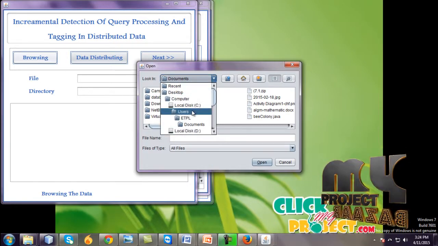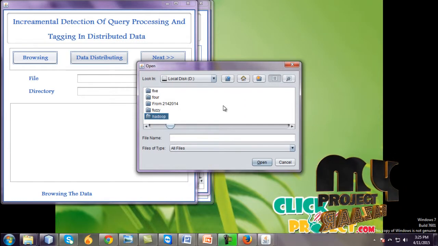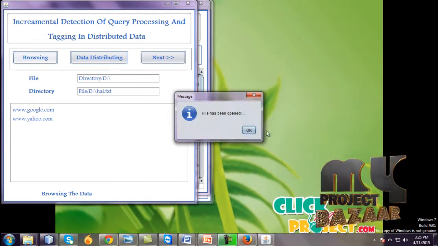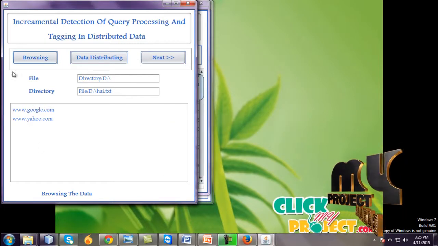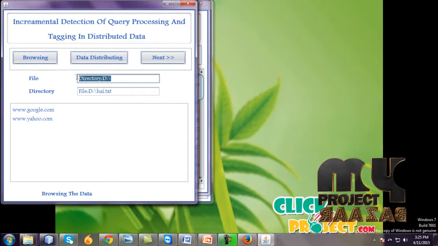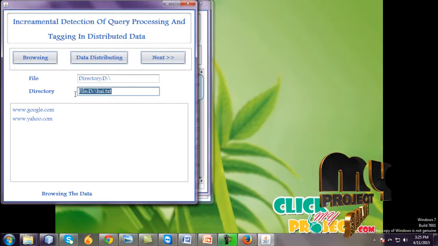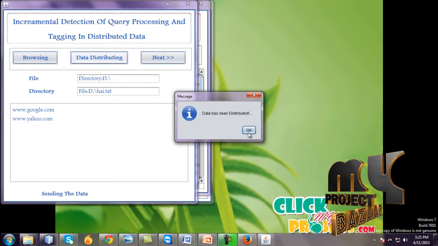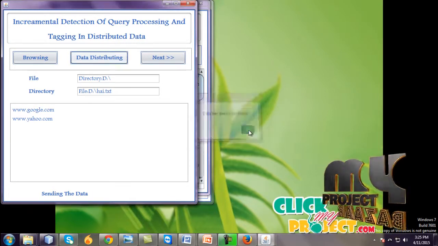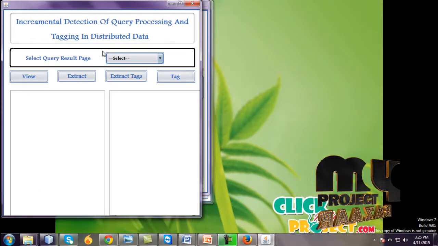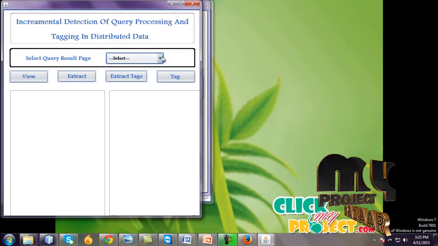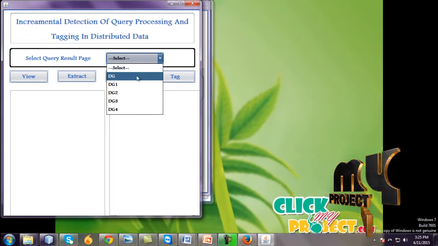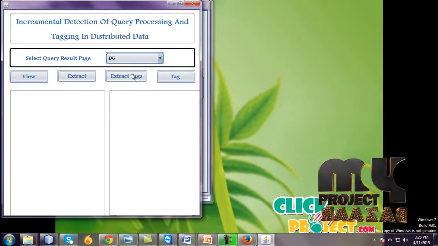Browse the one text file. I will select the file.txt. Open this file. It is a file and directory, and go to data distributions. All data has been distributed. Go to next. This is a query result page, and select any query results. I will select the